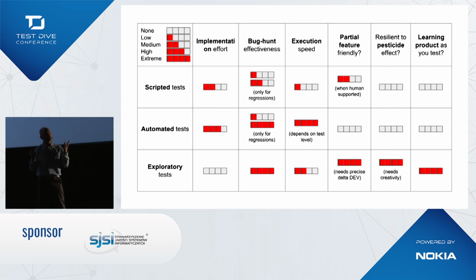That naturally shows that automated tests can be performed for a particular goal. Yeah? But actually, bug effectiveness for a non-regression type goal is very low. We do not discover too much in this case. And scripted tests is more or less the same. Let's say that for scripted tests, the effectiveness is a bit less.